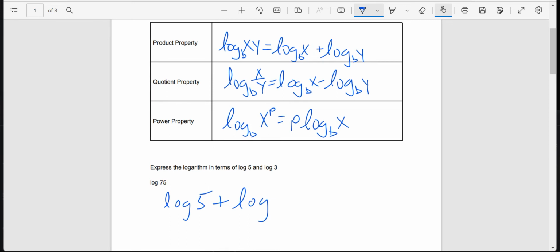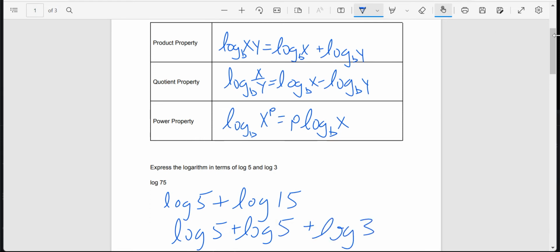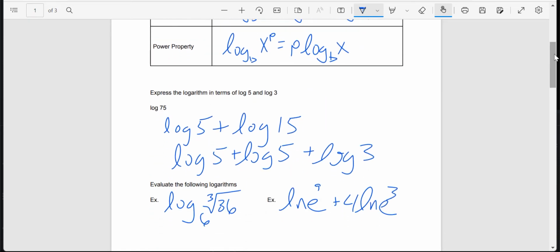So 5 times what gets you 75? That's 15. Are there any other factors of 3 or 5? Yes, there's in fact a factor of 3 and 5, because 5 times 3 is 15. And I'm going to go down one because I'm running out of space, because I'm writing way too big. And you're adding them so you can multiply. So 5 times 5 now. So I'm going to make it 1 because that's going to make it look a lot nicer. So I can make this